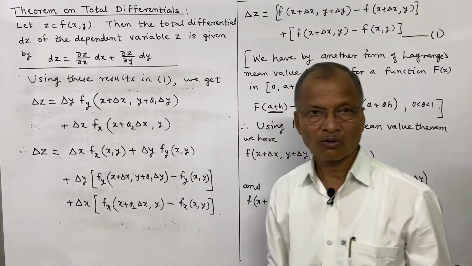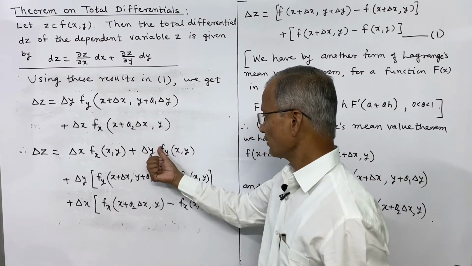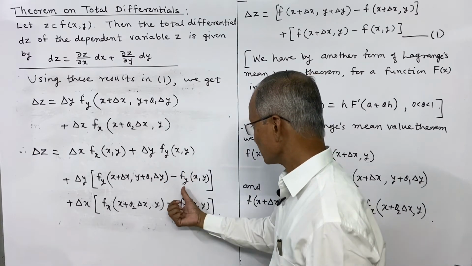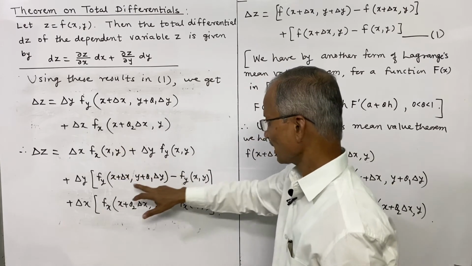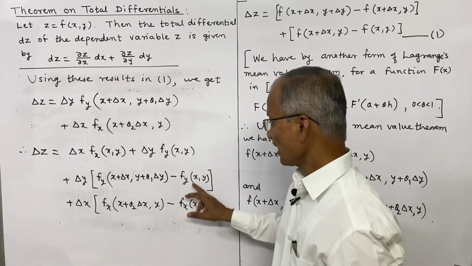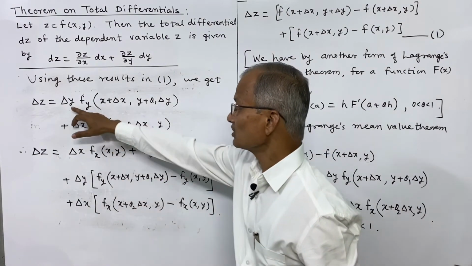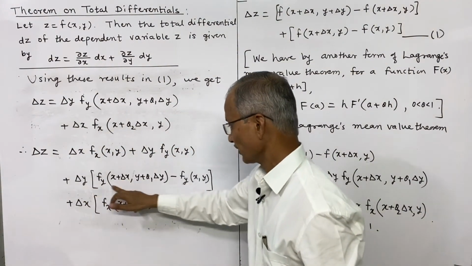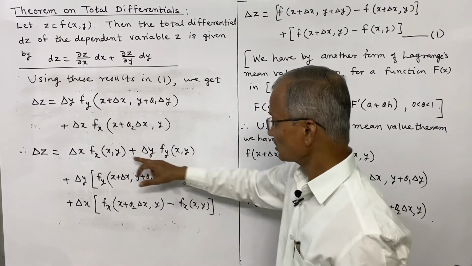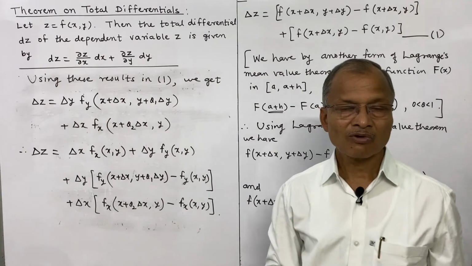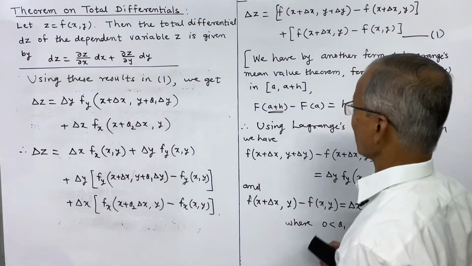Delta x is written common. And similarly, this second term delta y dou f by dou y cancels with this negative delta y dou f by dou y. So these two terms cancel with these two terms and the original value remains the same. So this is the first term which is here and this is the second term which is here. These additional terms are cancelled here. So we have written this purposefully because we want to write this in a particular manner.